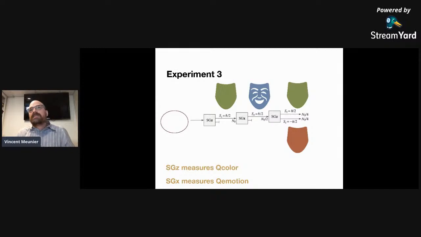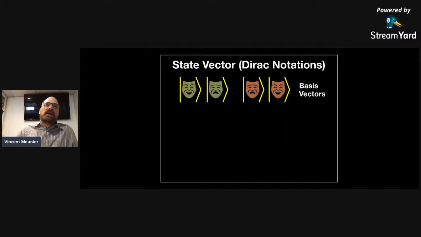So quantum mechanics is basically related to this experiment of the monsters and the Schrodinger. What we can do is go back to our notation of bra and ket, and those kets are the fancy way to represent a quantum state. We are going to have 4 of them: a happy monster, an unhappy monster, and a green monster or a red monster. I know that I can have all these outcomes, and in physics, or in algebra, we call them basis vectors.